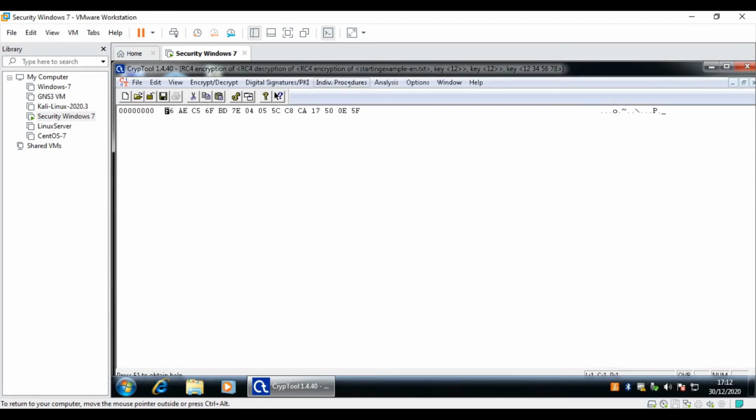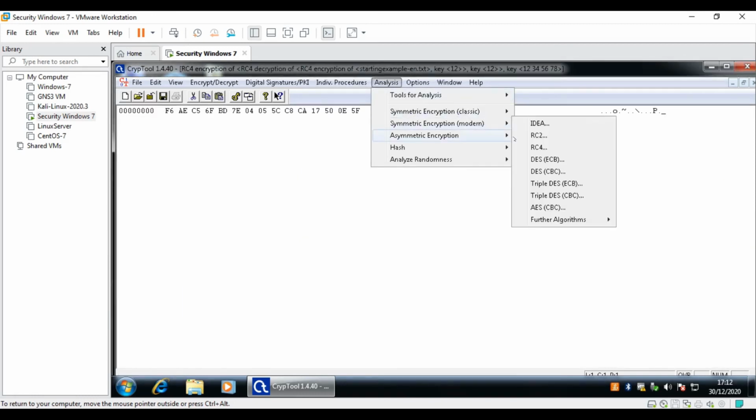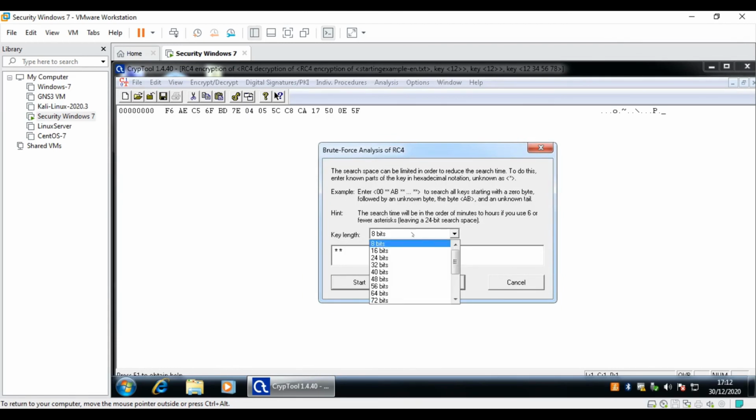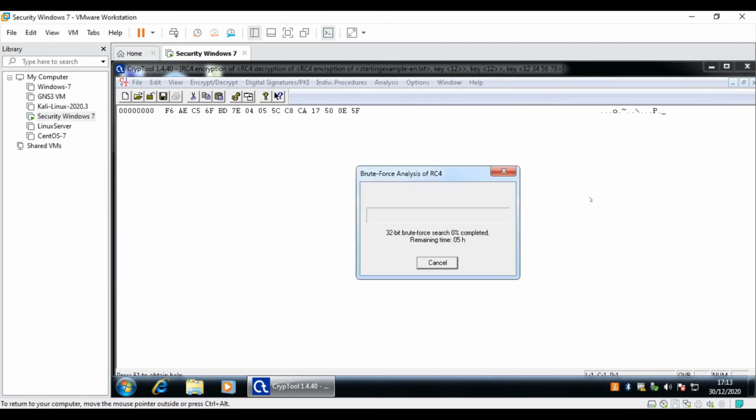Then I use the analysis and I'll try to see how long the system would take to crack it. And at a glance, the system took 4 hours plus, 4 hours and 45 plus minutes, to crack the password.